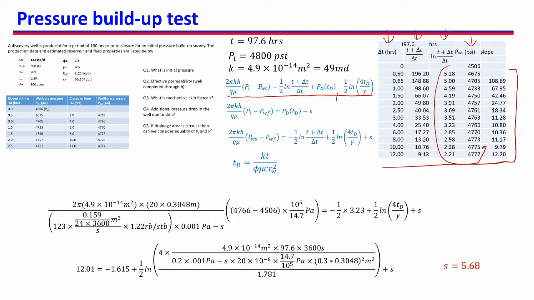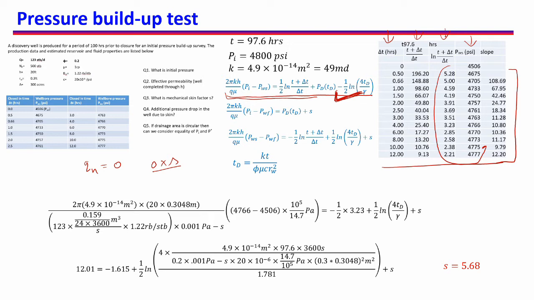Now we do not find skin here, because when we derived this equation, we used the principle of superposition, and if we use the principle of superposition, skin comes into the picture with the very last flow rate. Here the last flow rate is the shut-in flow rate, which is 0. So Qn or Q last is 0, which means 0 into S will come in this equation. So that means we cannot find skin using just the build-up test equation. What do we do then?